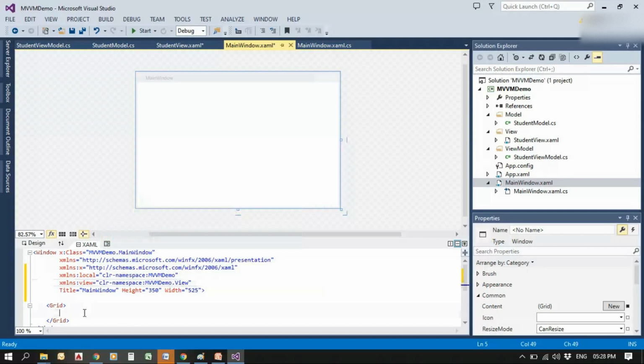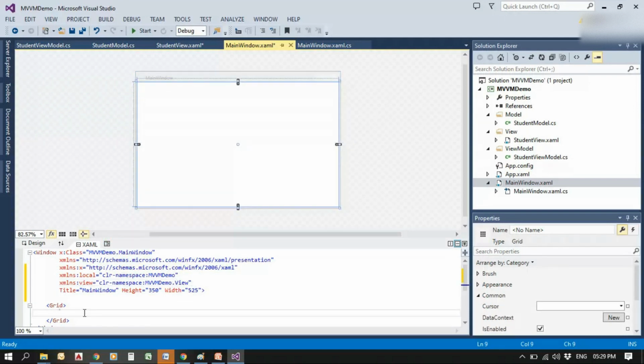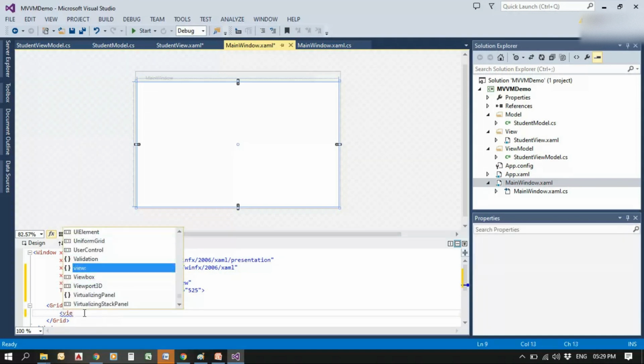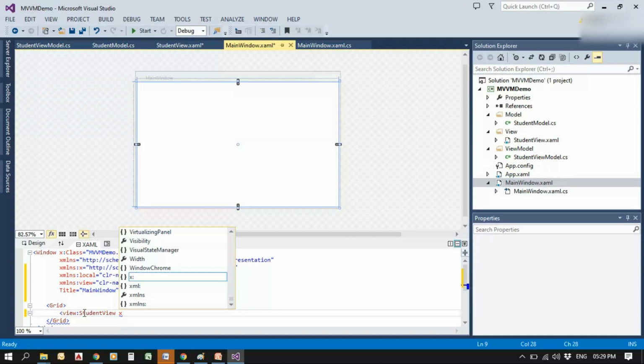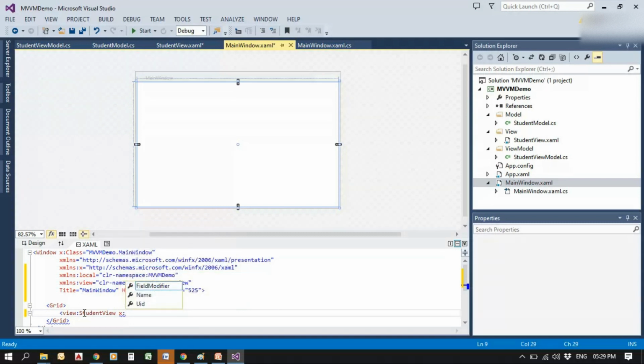Okay, so we have got the path in the view. So the variable is view, so view colon StudentView, that is the name of the view class. So user control, so give a name for that StudentView. So StudentViewControl is the name for that view in the main window.